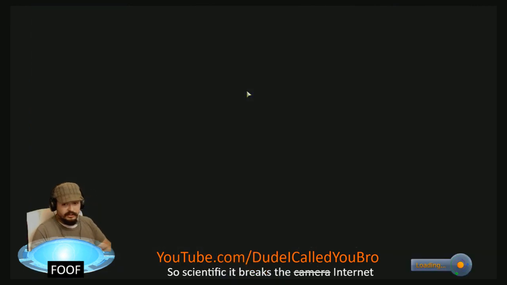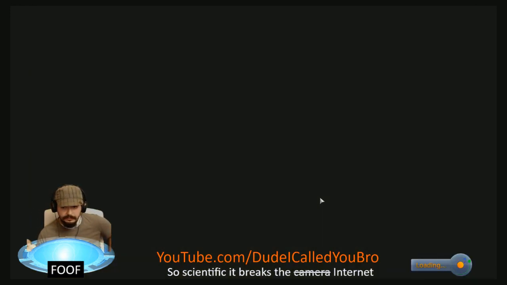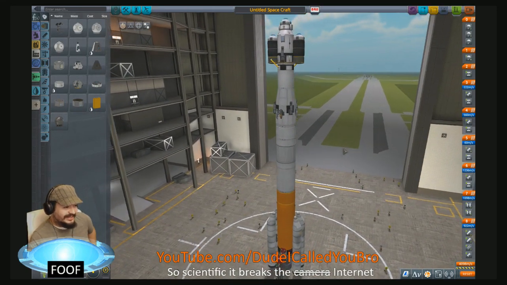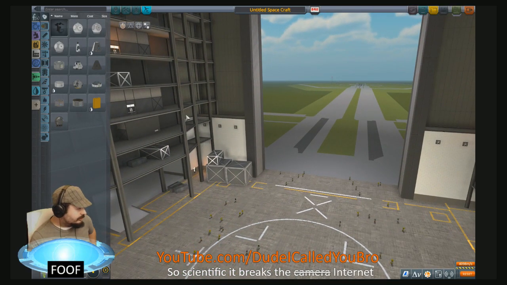So now we need to launch a fuel tank up. This is not getting saved. This is just such a crazy idea. I don't think that's a good idea to save that. Alright, so...